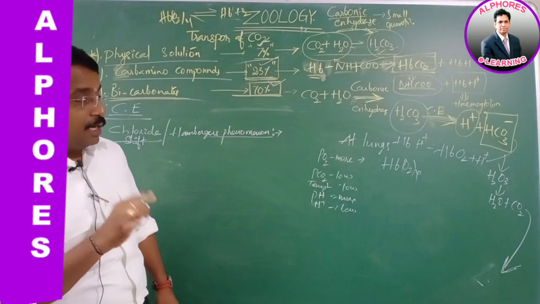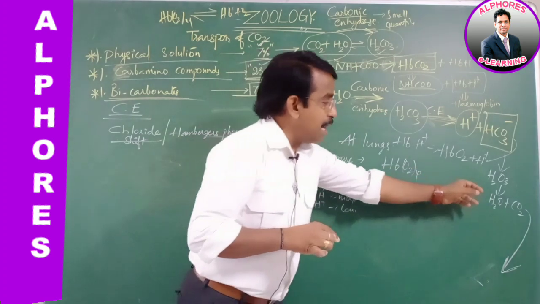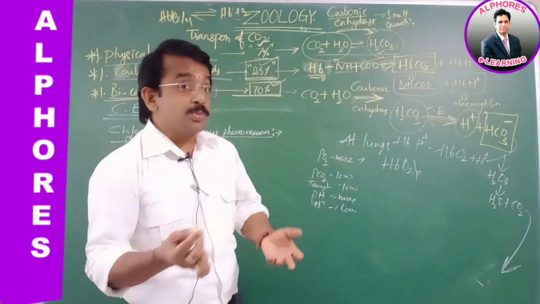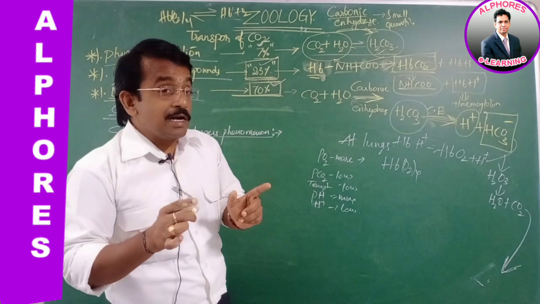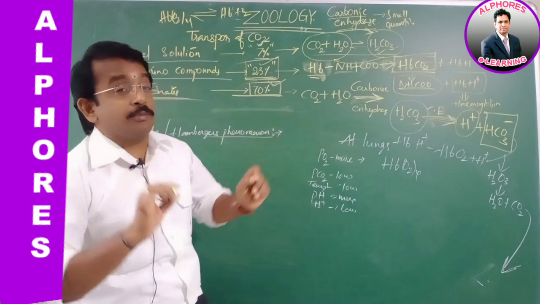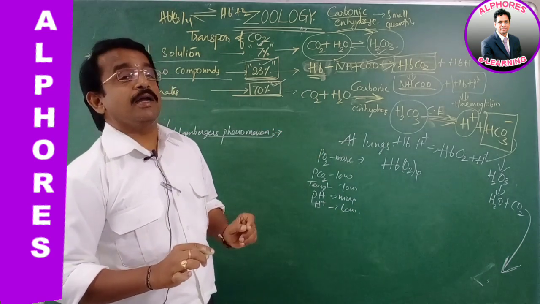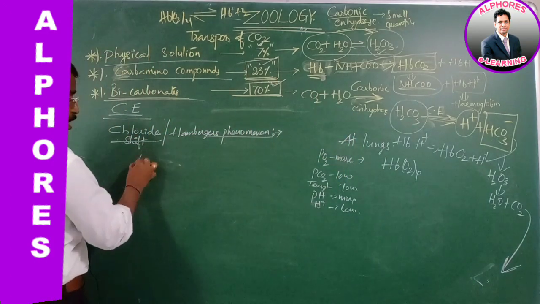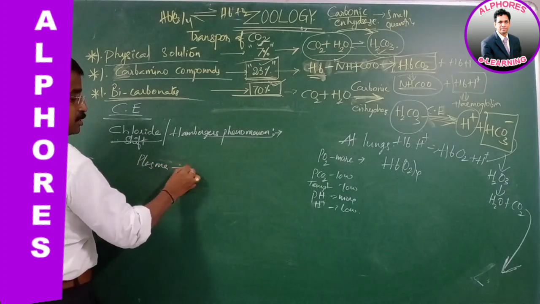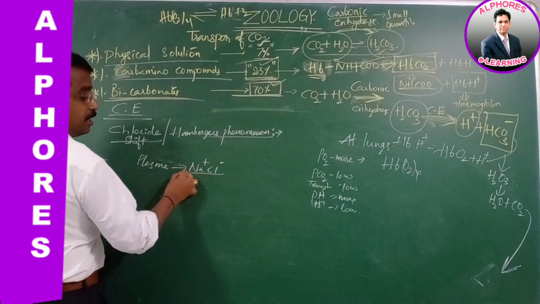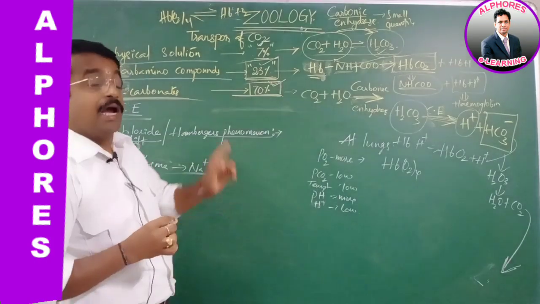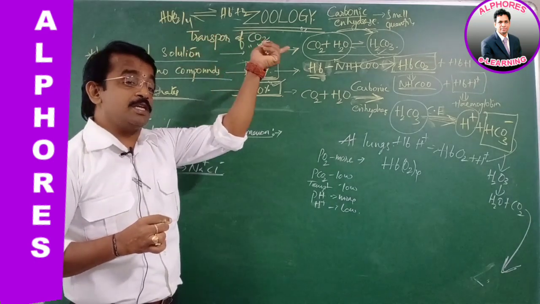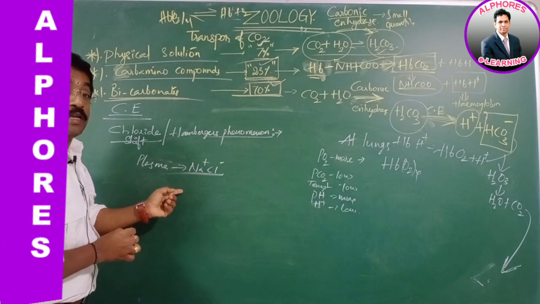So now, as bicarbonate ions are separated, sodium is left without bicarbonate. Generally, electrical neutrality always has to be maintained. That's the reason why the chloride ion present in the RBC shifted to plasma. So again in plasma, sodium chloride is restored, which means at tissues the chloride in plasma shifted to the RBC. What comes back means the chloride shift is